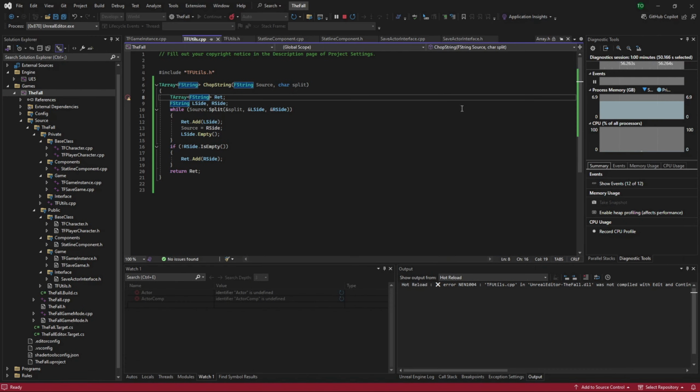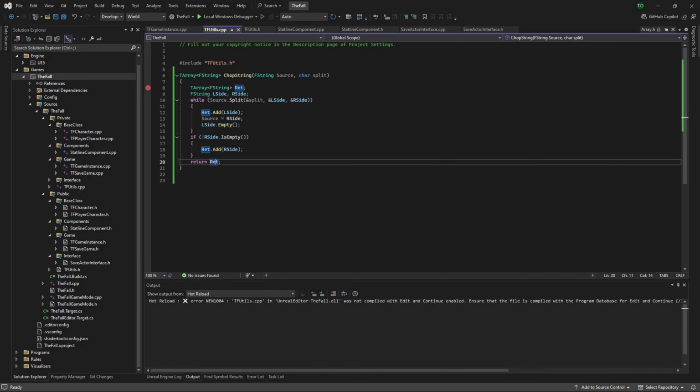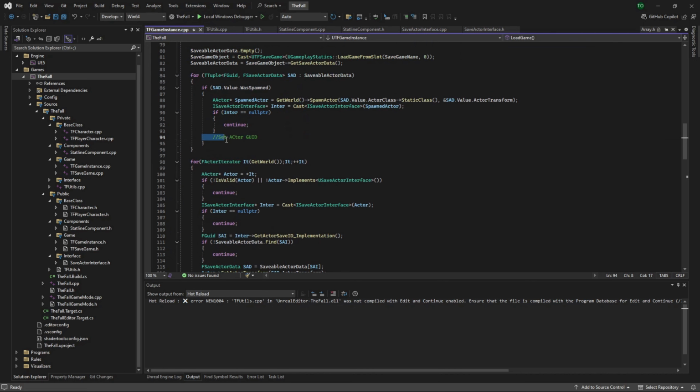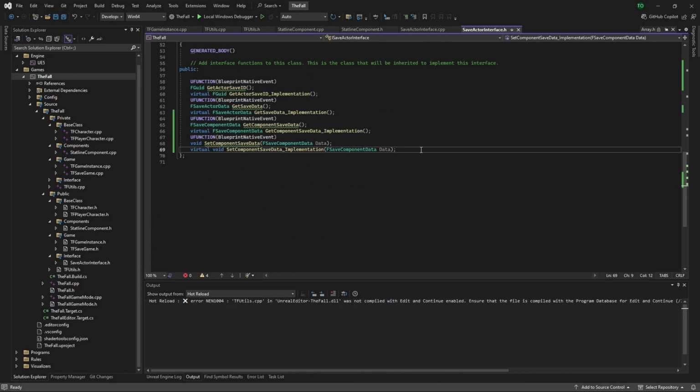But anyways, now that we've got that little refactoring out of the way, and that's something I wanted to address at the start of this episode because it was a general improvement over what I had done previously, the next thing we're going to do here is, as I mentioned, address this set actor GUID. So what we need to do there is go into our save actor interface,